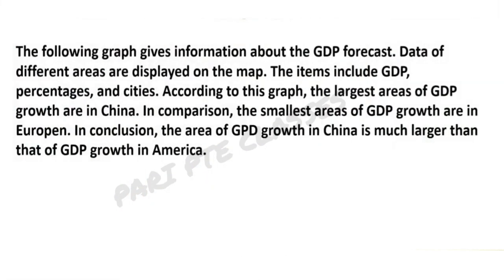The following graph gives information about the GDP forecast. Data of different areas are displayed on the map. The items include GDP, percentages, and cities. According to this graph, the largest areas of GDP growth are in China. In comparison, the smallest areas of GDP growth are in Europe. In conclusion, the area of GDP growth in China is much larger than that of GDP growth